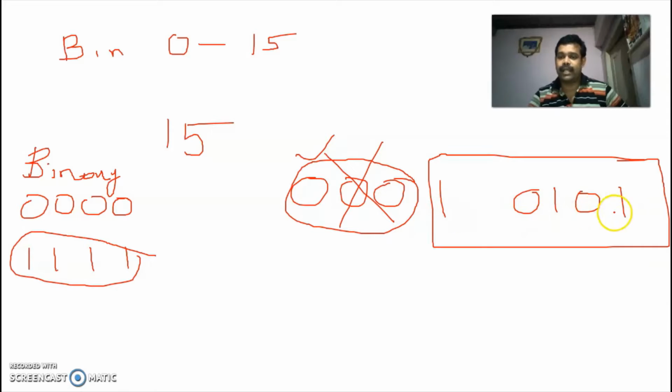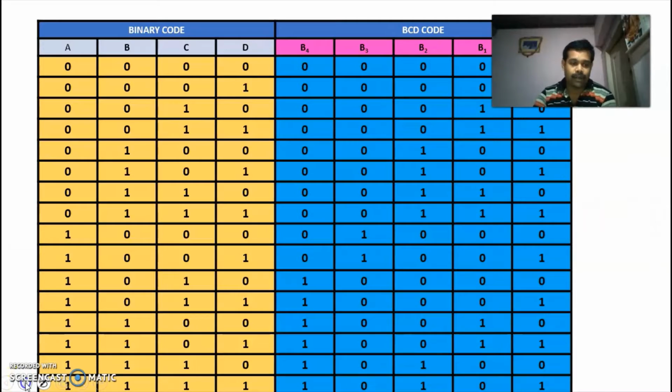So in binary you have 4 bits, and in BCD you have 5 bits. Totally, your truth table has 9 columns.